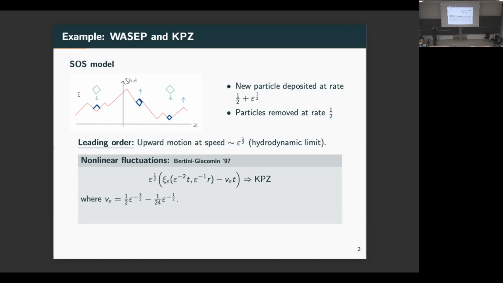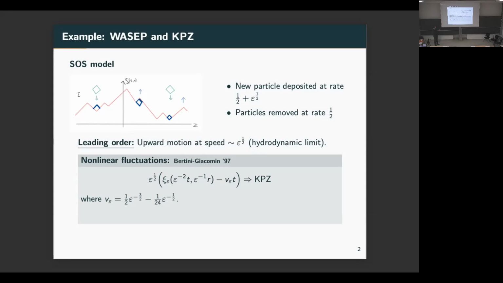Let's say we start in a flat configuration. It's just a straight line that moves up at a speed, and the speed is exactly epsilon to the half. So it's just that. And then the interesting thing that Bertini and Giacomin found in their really very important paper